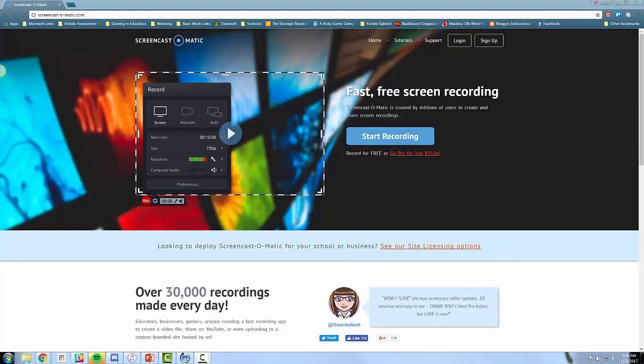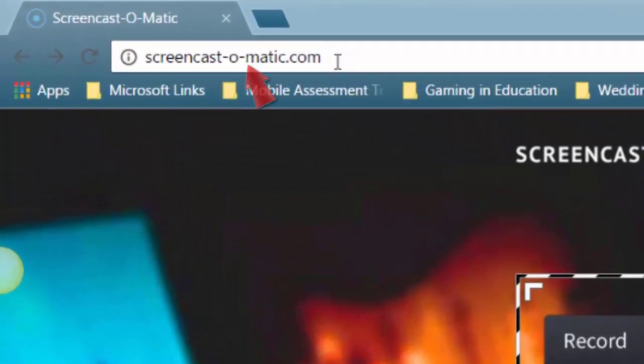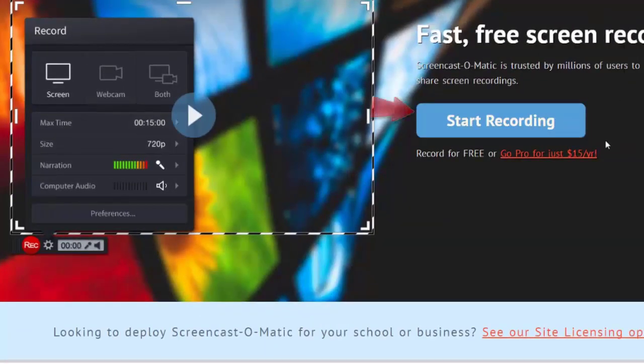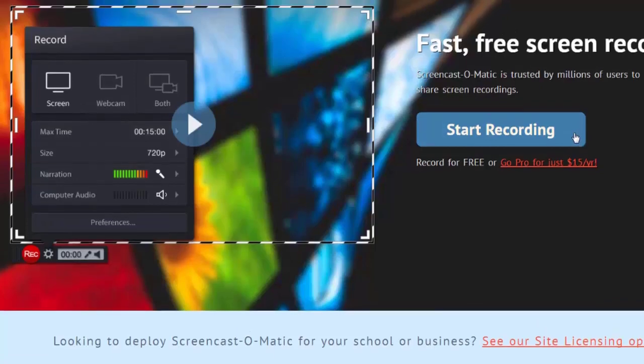You can use the most recent version of Screencast-O-Matic by opening that web browser and going to screencast-o-matic.com. You should see a button to start recording using the free version of the tool, and the option to purchase the Pro version of this software for $15 a year. This comes with some additional editing tools which can be useful once you've used it frequently. But we're just covering the basics today, so let's click Start Recording and launch our recorder.